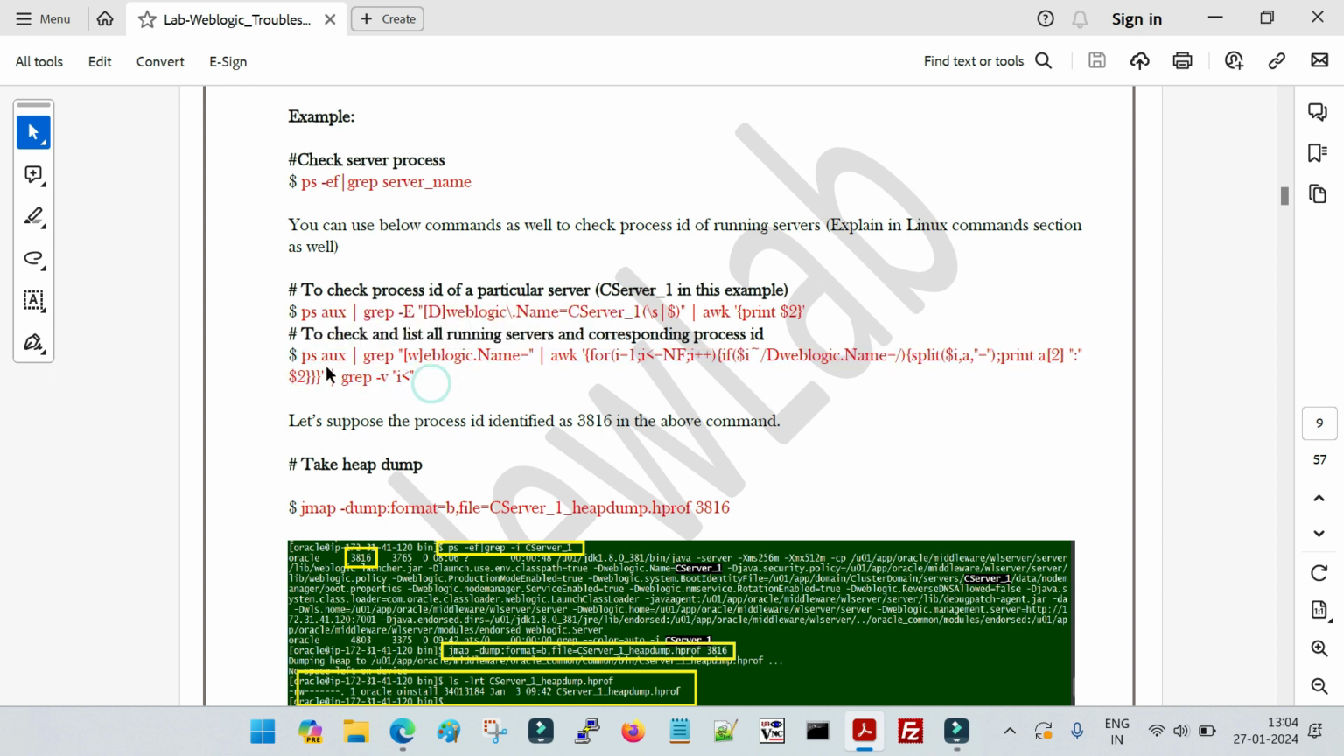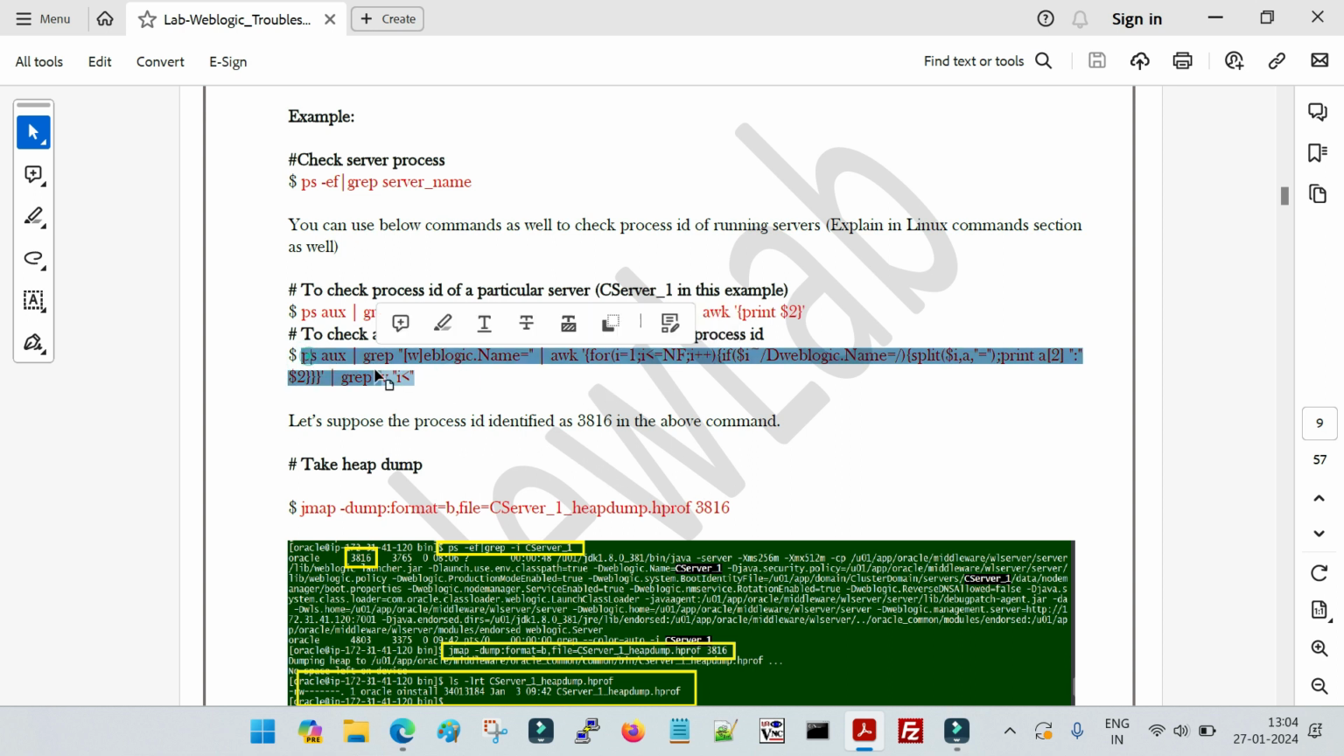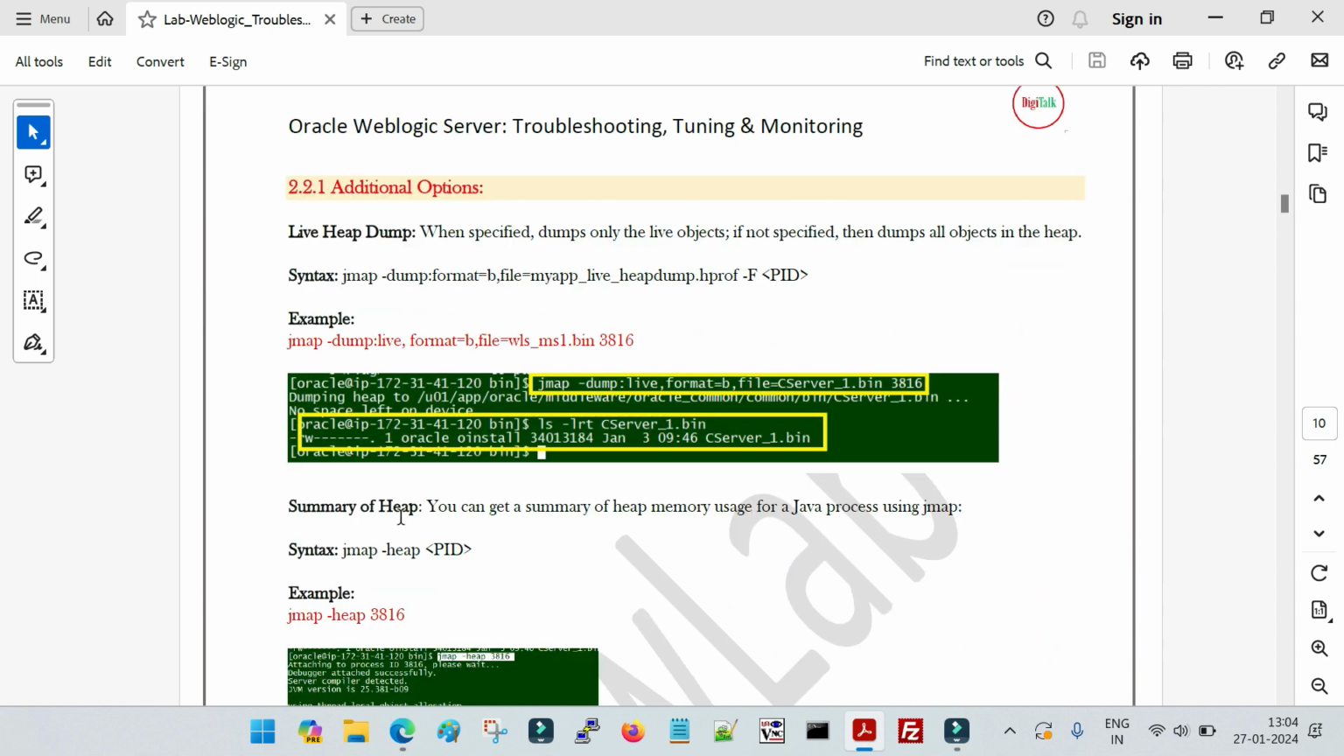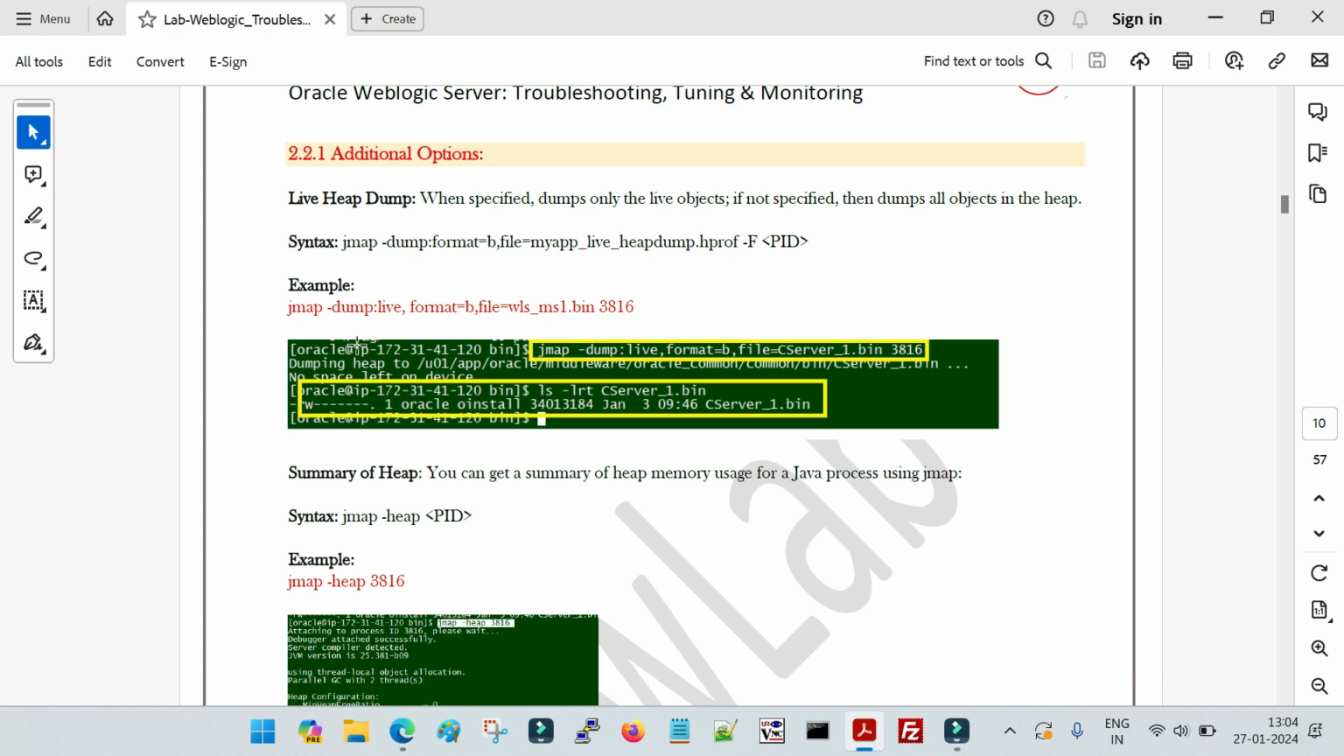This will show you the names of the servers running on that particular host along with the process ID. Okay, these are certain advanced commands, so I will show you the execution of this one as well. And apart from that, we have certain advanced or additional options as well that you can specify with